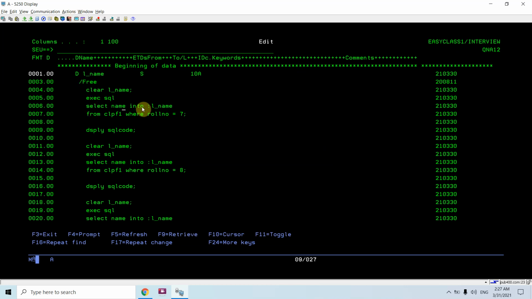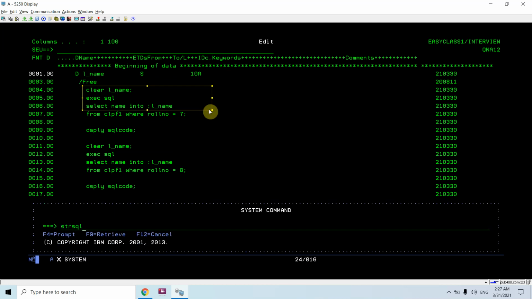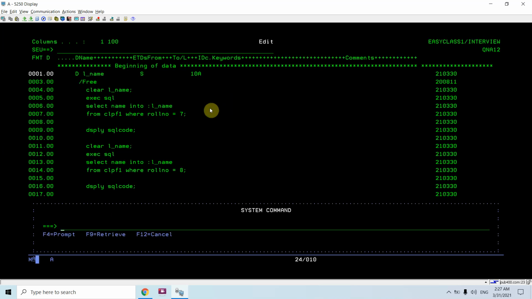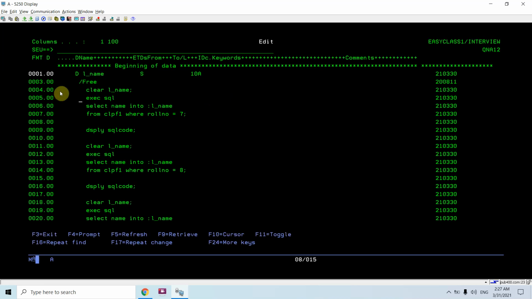I am selecting name into this L underscore name from CLPF1 where roll number equals 7. This time you are receiving two rows, since, as you can see, roll number 7 is present in two rows, which is actually incorrect. So you will receive a negative SQL code, saying that you are receiving more than one row.